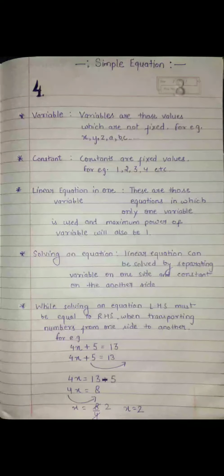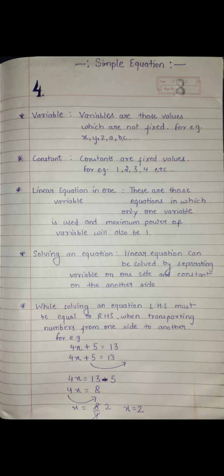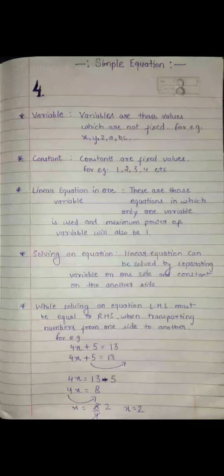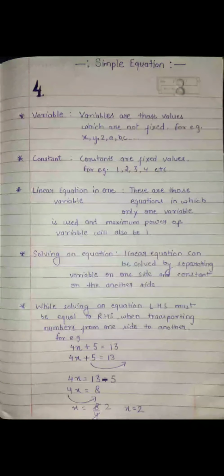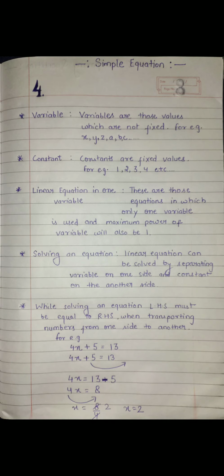In the third step, you can see that I have subtracted 5 from 13 to get 8. Now to make the variable on the left hand side alone, I have to take 4 to the other side as well. 4 is right now a coefficient of x, but it will be considered as a constant value, and we need to ensure that the variable is quite alone on one side. That can be the left hand side or the right hand side. So I'm going to take 4 to the other side, and in the last step I've divided 8 by 4 to get the result, that is x equals 2.